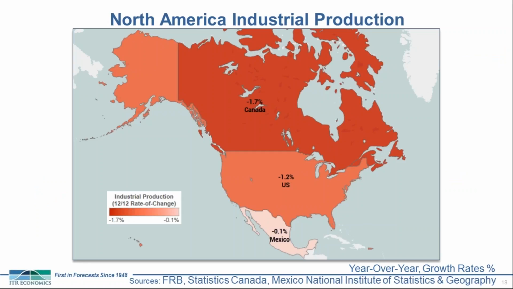Now you can see here that we have color-coded U.S. industrial production maps of various regions. Here we have North America. You can see that the U.S. was the middle of the road between the 3 North American countries, with Canada underperforming and Mexico overperforming. While Canada is depressed on a rate of change basis more severely than the U.S. is, it is in a Phase A recovery trend, and we expect the same characteristics that will drive growth in the U.S. in 2017 to drive growth in Canada in 2017.